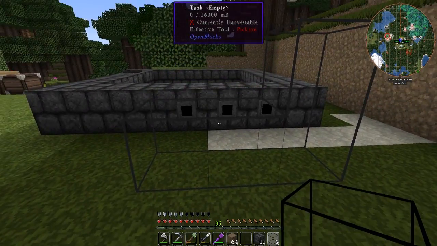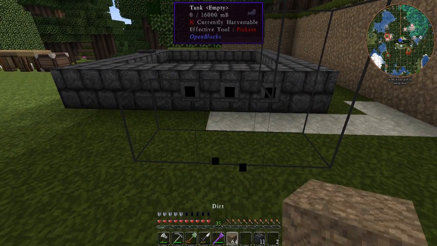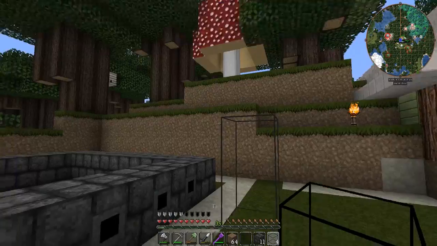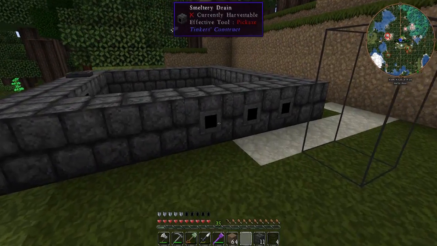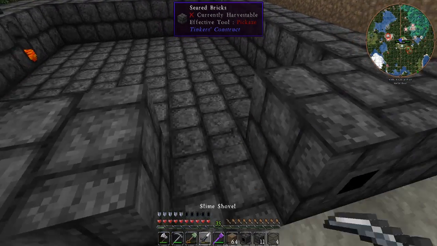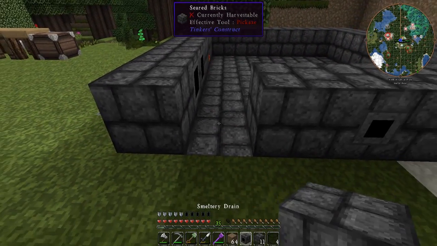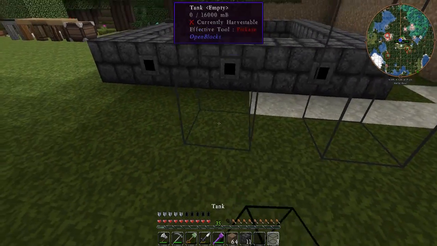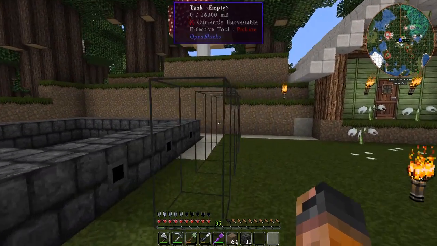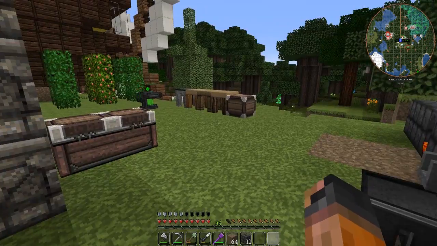Yeah, so what I'm going to do, see, I don't want the, yeah, I don't want these to touch, so I'm going to have to space this out. So here we have our different tanks which will hold the molten metal, and in order to get them there